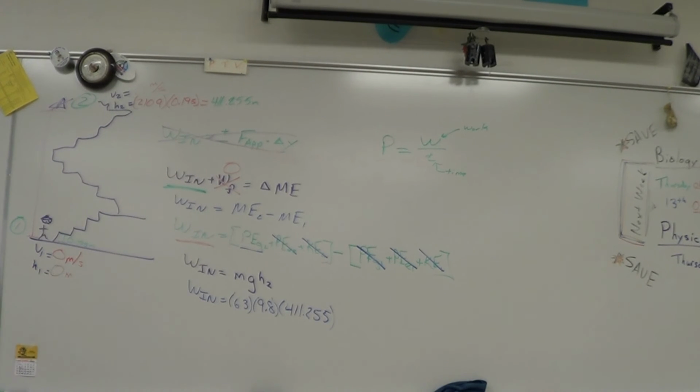So we take his mass, which I emailed him about, 63, times gravitational acceleration. He's on Earth, so 9.8. And we went through and said if each step is 1.195 meters and there are 2,109 of them, how high did he climb? It's 411.255 meters. And when we multiply those three numbers together,